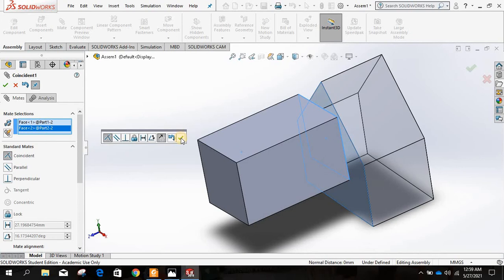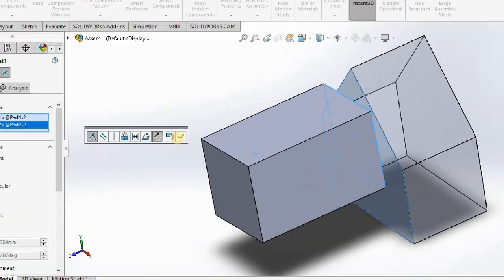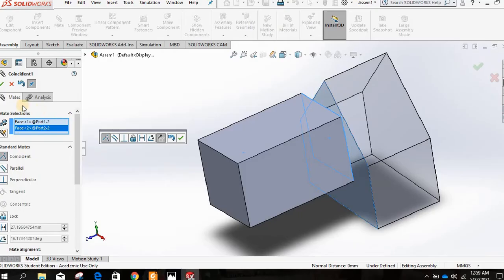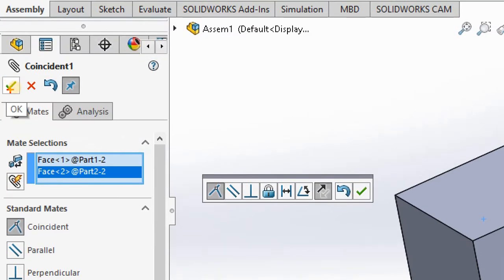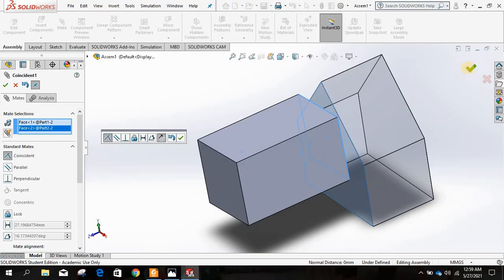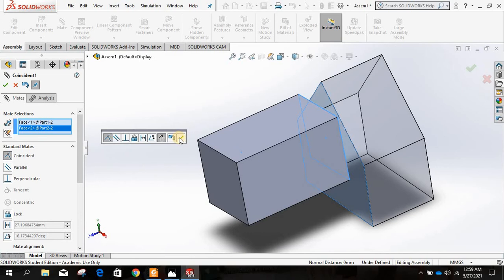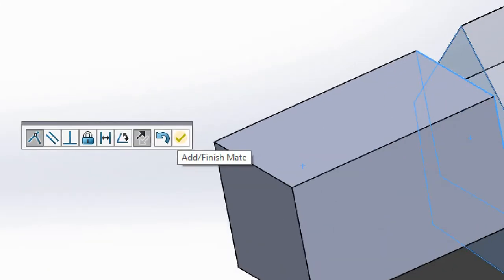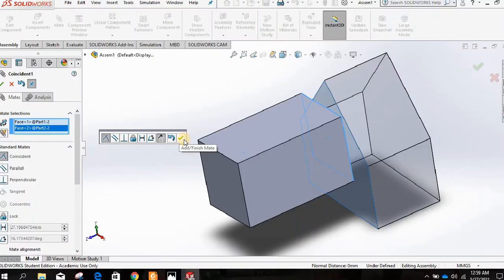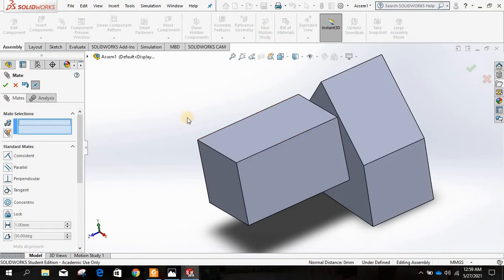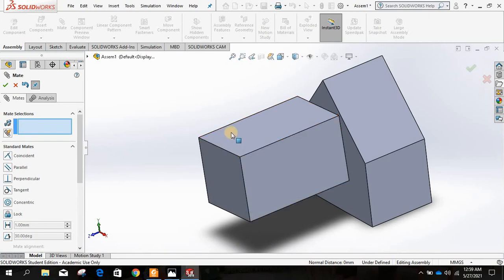Then you just click here, meaning that you want to accept the condition. You have a couple of ways to accept the condition. First, you can click on the green arrow. This is the first green arrow, or maybe this green arrow, it is the same thing, or maybe you can click on this one. So you have a couple of ways to accept the condition of your mate. I will click here because this is the nearest to my model. So now it is touching over there.